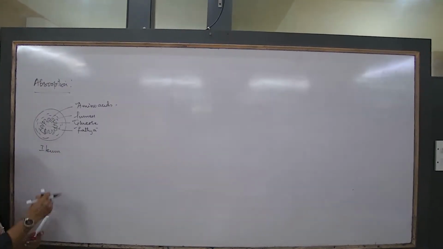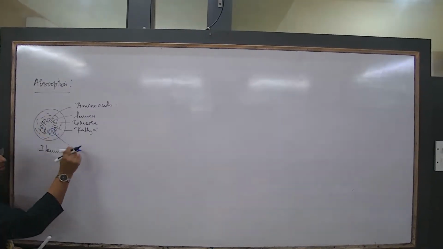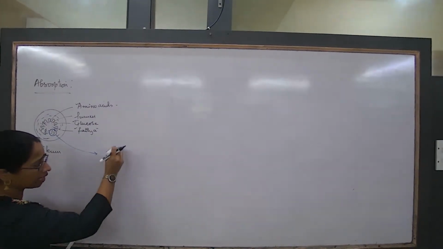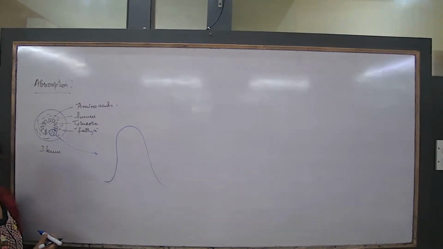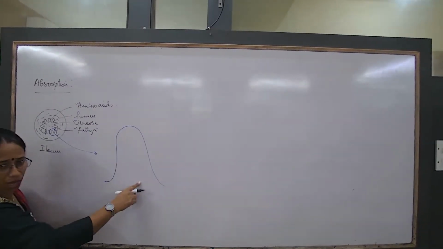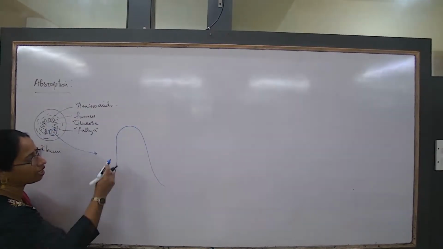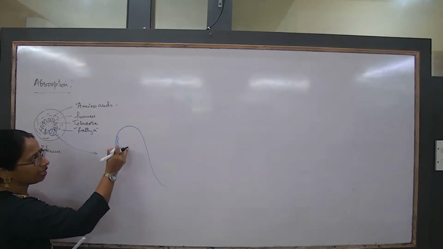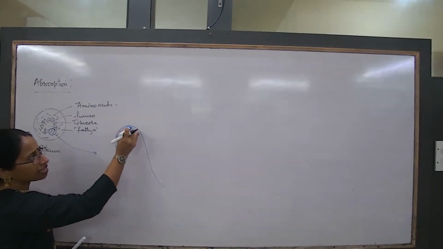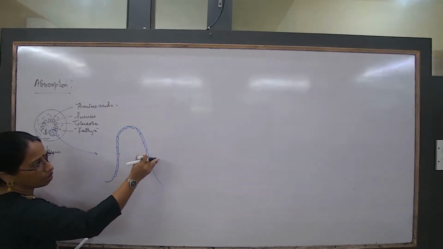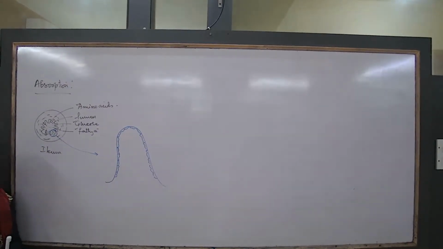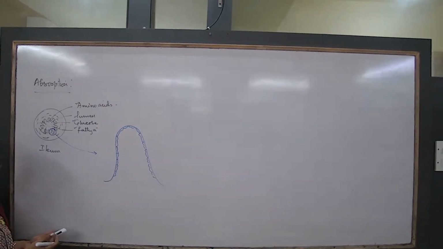So if I try understanding that, talk about this one single villus. The other day I showed you some structures also. I talk about one single villus. This entire wall of the villus is made up of what? A single layer of epithelial cells. Just one single layer of epithelial cells. So since it is made up of only one single layer of epithelial cells, the wall of the villi is so thin. And now inside, what is there?